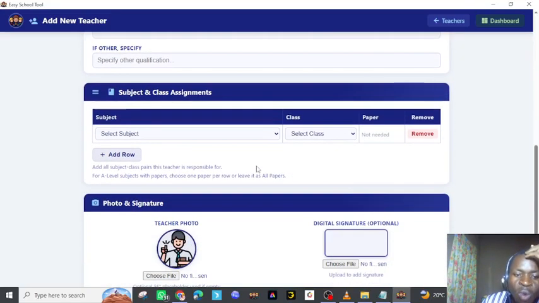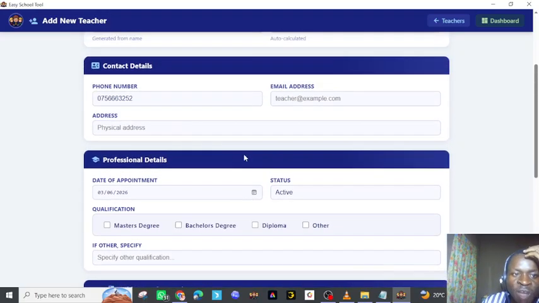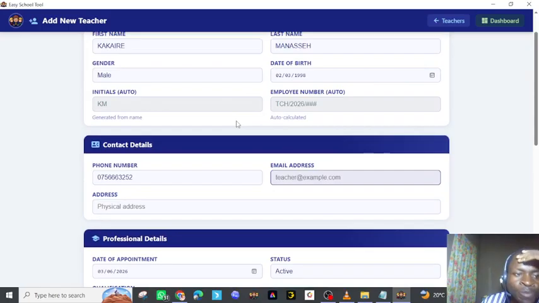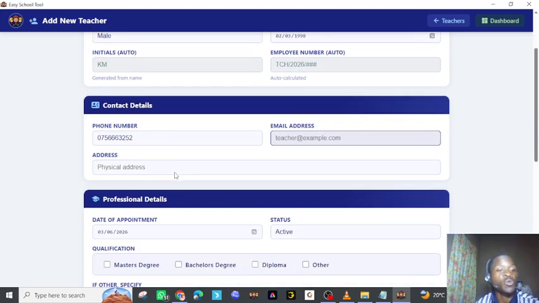So what else? After selecting, you can enter their email address, but it is optional. Initials, don't struggle to enter initials. They are created automatically and they are read only. Even employment number is automatically generated. So what we do else, we shall go to address. You can put address of your teacher, and then